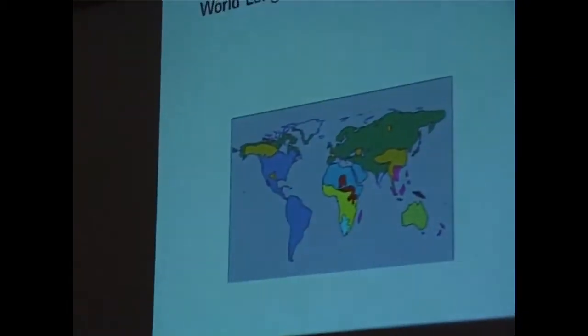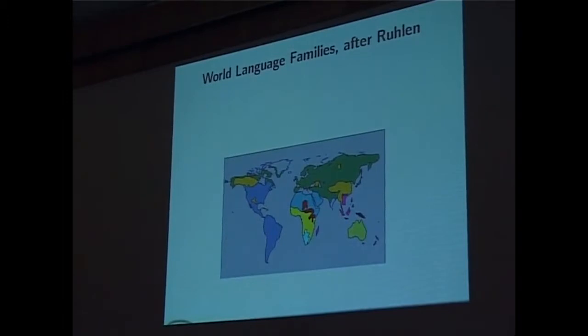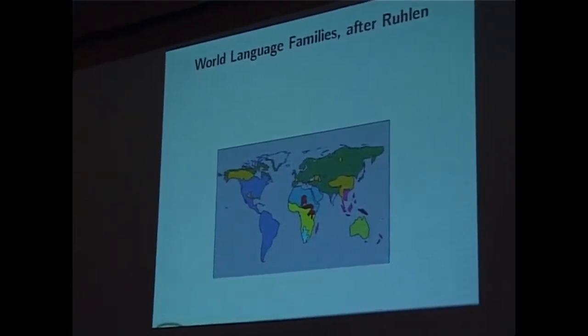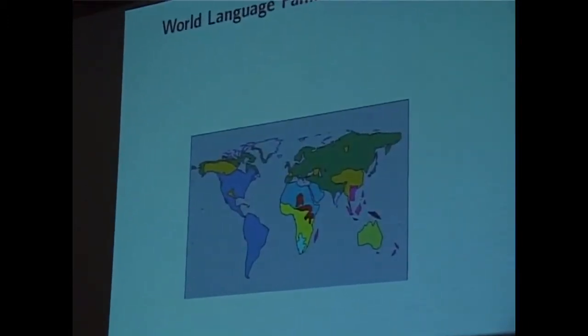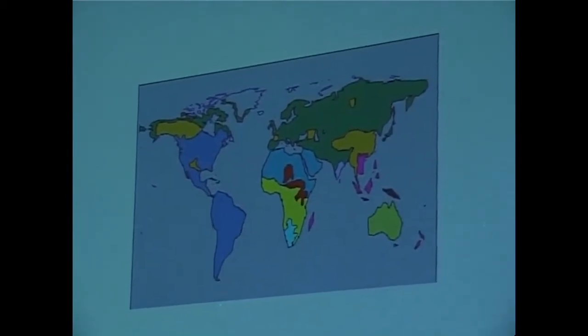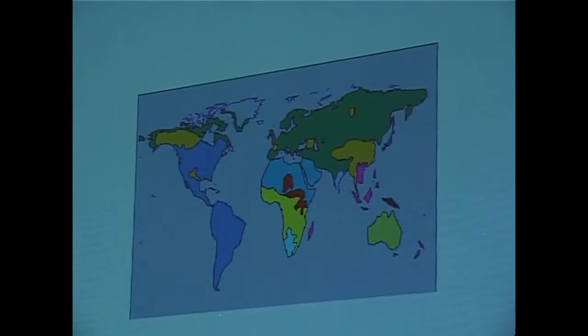Here's a map of human languages. This is from Merritt Ruhlen, the major families. I'm just putting this up here to show you that language really has absolutely no relationship to gene differences. Chinese is a member of the yellow language family. Japanese is a member of the green language family. There's no relationship. These are as different as any languages in the world. Genetically, they're exactly the same people.